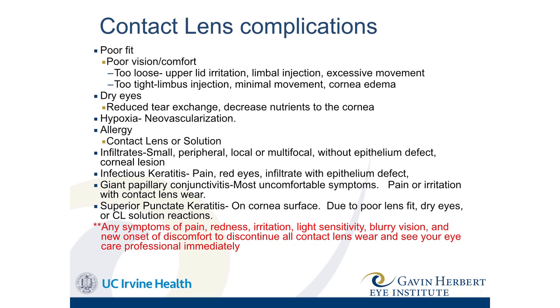If the lens is fitted too loosely, you're going to have irritation on your upper lids. You're going to have injection, basically redness in your eyes. You're going to feel that lens moving all over. It's just not comfortable, and your vision's not going to be great. If it's too tight, you might not feel that movement, but you'll still notice the redness in your eyes. And you can also cause some corneal edema, basically causing your cornea to swell up